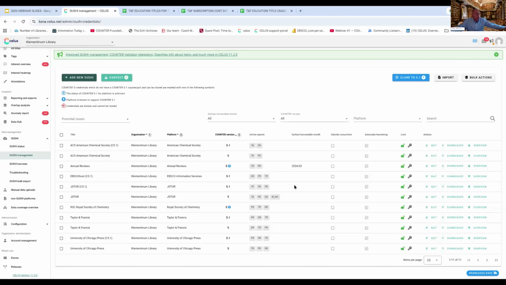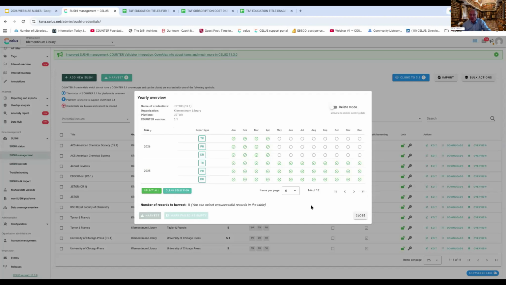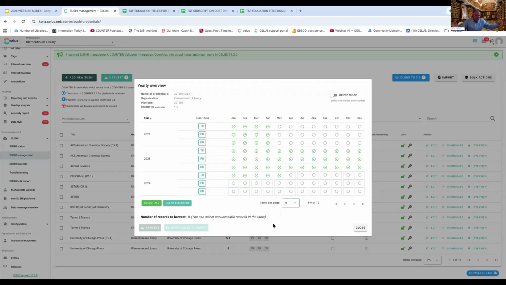Now, how do we know that there's been harvesting that's occurred, and how can we manage and monitor? How can we take a close look to see how that's working? Well, there's an inventory control mechanism. I like to refer to that, and it's accessed through the overview link there, and you can see the green check marks. That means that there's been a successful harvest, and you can see here we've got a successful harvest in each month throughout 2025 and through the first 4 months of